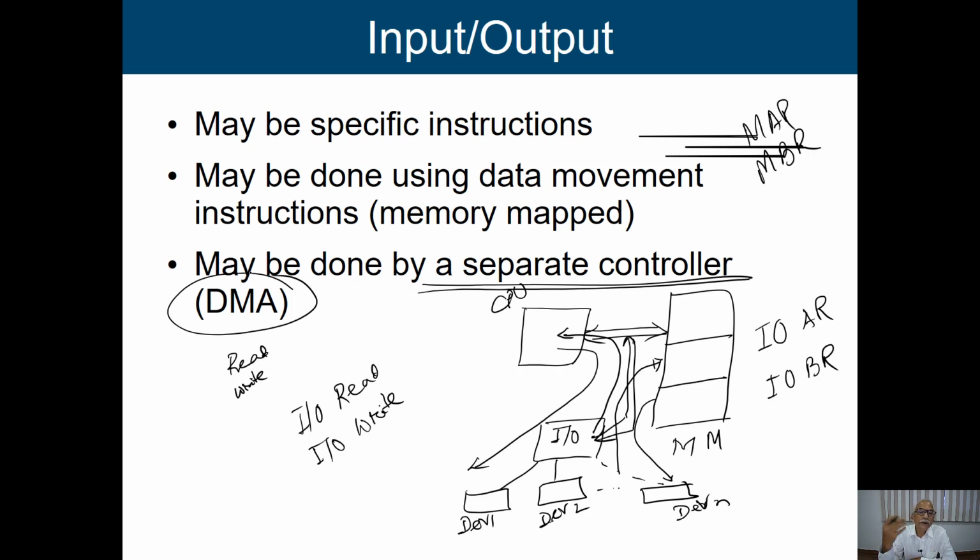Okay. While we are going to discuss input output, at that time we are going to discuss this particular controller also, DMA, direct memory access, how it is going to work and what is the advantage of DMA. We are going to discuss all those things. So to perform this particular input output operation, we need instructions, and with the help of those instructions we are going to perform this particular data transfer operation.